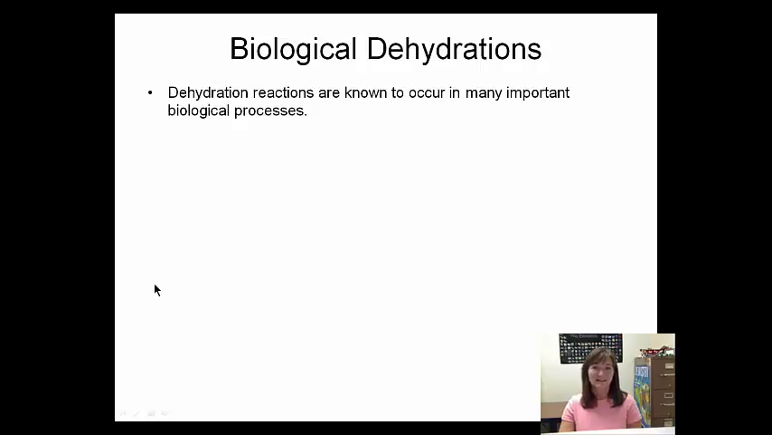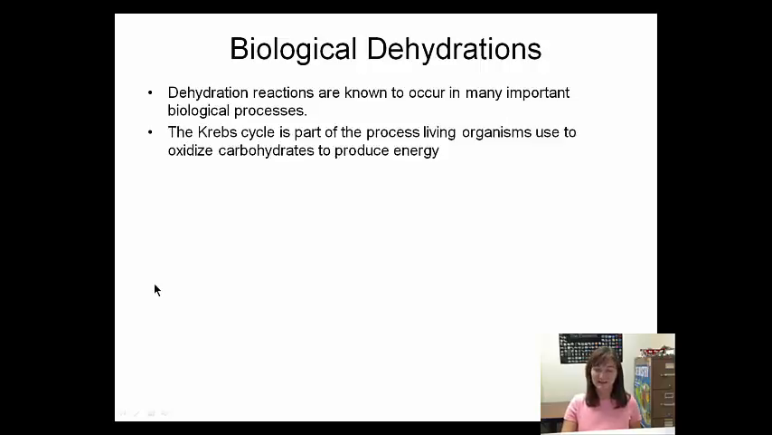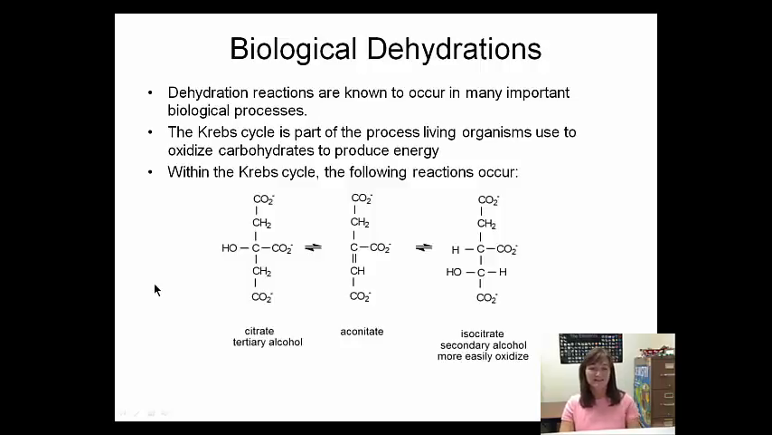So some biological dehydration. Dehydration reactions are known to occur in many important biological processes. The Krebs cycle, which you're going to learn about in either biology or anatomy and physiology, I'm not sure which one hits that, but you'll be learning about the Krebs cycle. It is part of the process living organisms use to oxidize carbohydrates to produce energy. And it's a pretty complicated cycle that you'll get to learn. But one of the steps in the Krebs cycle actually does this